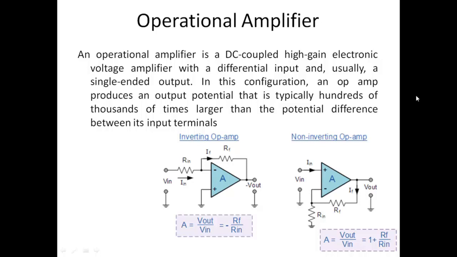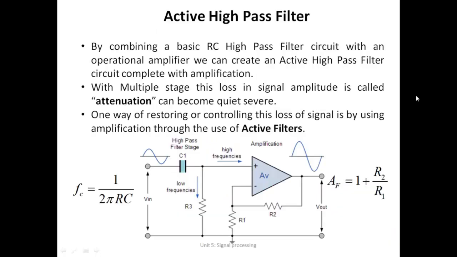Okay, so we'll be using only the non-inverting and inverting configurations over here. Inverting means your input is given to the negative terminal of the operational amplifier, and non-inverting means that your input is given to the positive terminal of the operational amplifier. Corresponding to that, you will select the value of gain. If it is to the positive, that is non-inverting, it will be 1 plus Rf upon Rin. And if it is to the negative terminal, that is inverting operational amplifier, then the gain will be minus of Rf upon Rin.